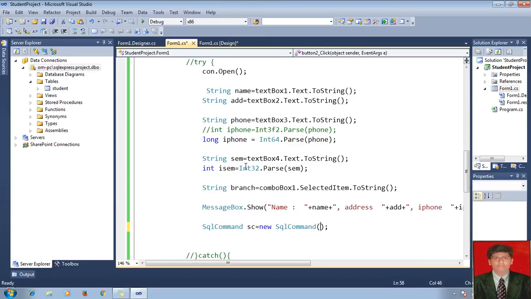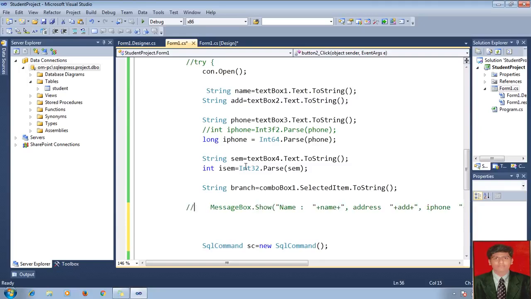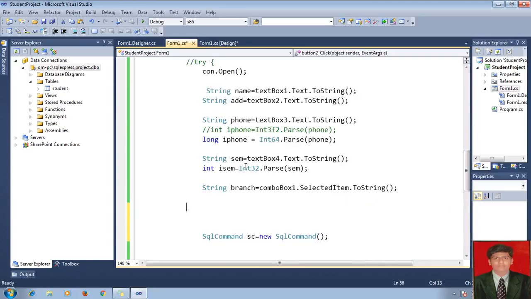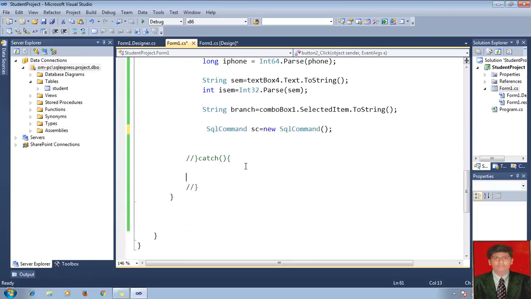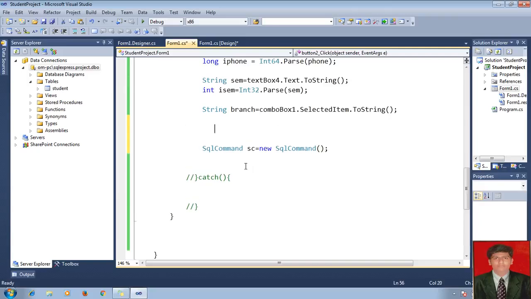I want to fire the query for insert. So let me add the query. Here, insert. If you're not interested in adding the query here, I'll take one more parameter. Let me remove this comment and all the unnecessary things. In this SQL command, what should I do now? I need one string query. It's good practice to take a separate string qry. String query is equal to insert